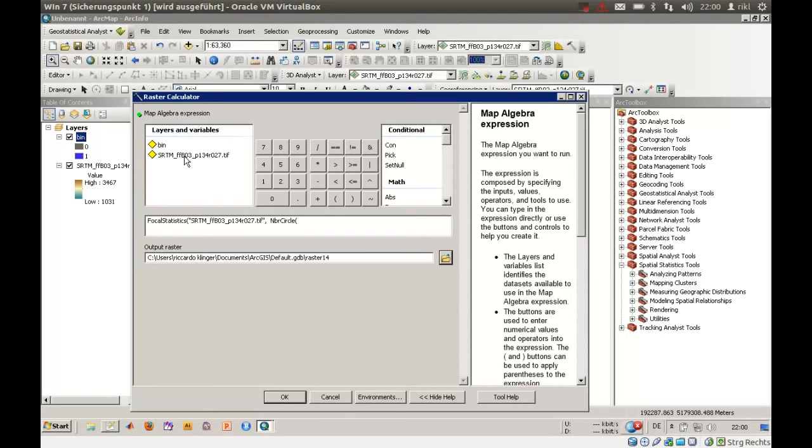It will compute a new raster, which is something like a result of a moving window algorithm or moving window filtering mechanism. And for that moving window, we will need some information of the size and the geometry of that window. So the first information was on which raster dataset the moving window algorithm should operate, which is our SRTM